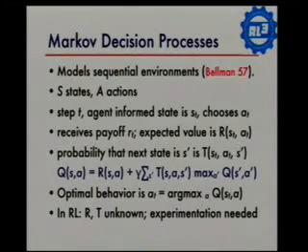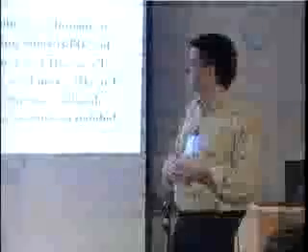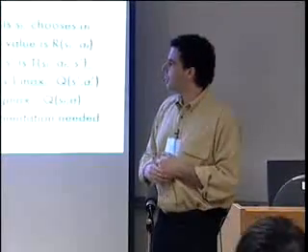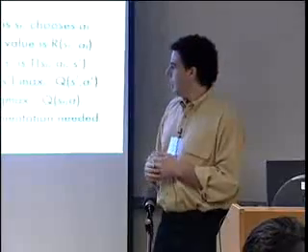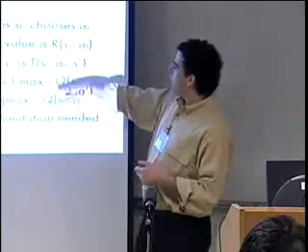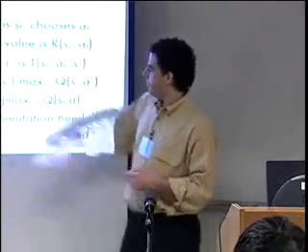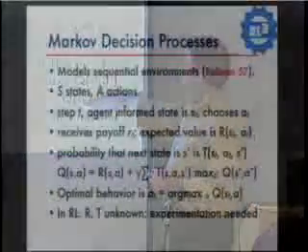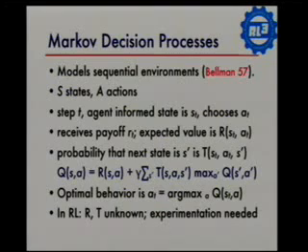So this is a recursive set of equations, but it turns out you can prove that it has a unique solution, and there are many different algorithms that can be used to solve this that scale pretty well with the number of states and actions. Once you've done this, if you can find this Q function, then the optimal behavior on time step t is to take the action that maximizes the Q value for the current state. So once you have this table, it's a simple matter of looking at all the different things I could do, which one has the highest Q value, and going for it.